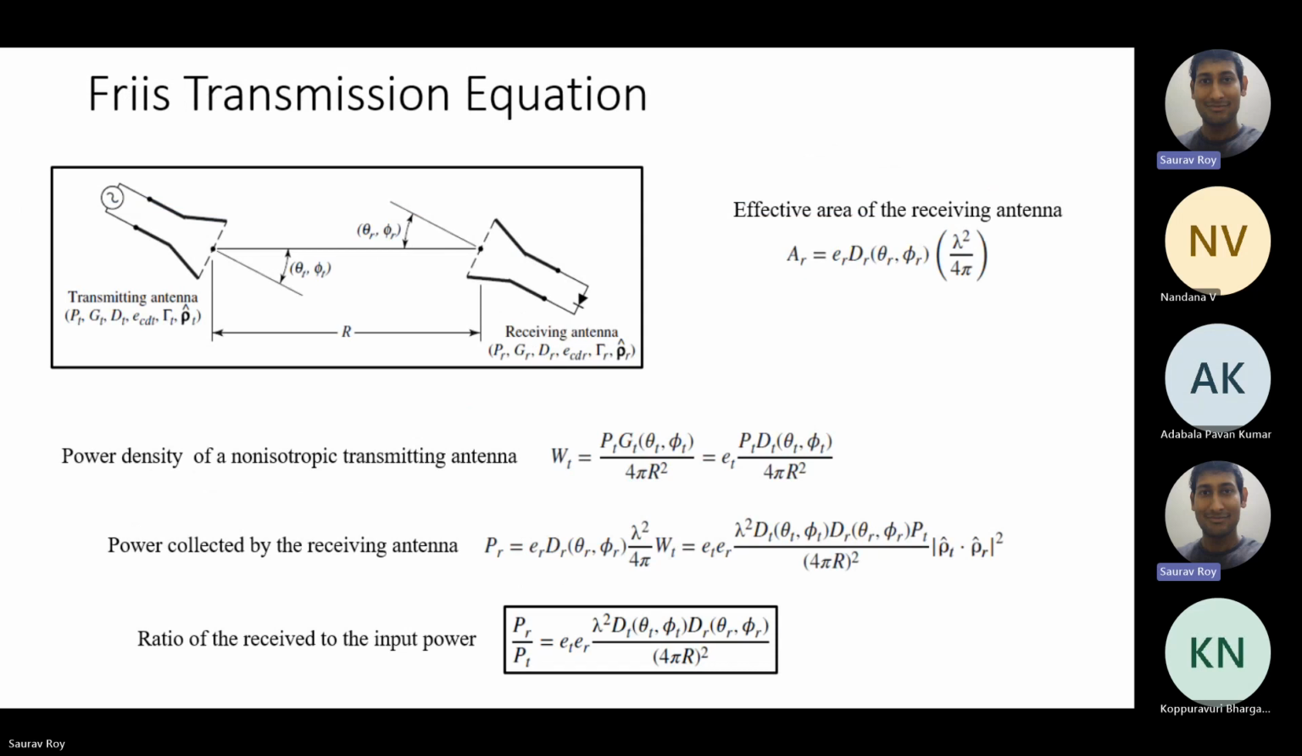We want to calculate the power density transmitted by the antenna. Obviously the transmit antenna is transmitting power, and at some point we want to calculate what the power density will be. So the power we are interested in is the radiated power. This PT GT is the radiated power, and this PT is the power delivered to that